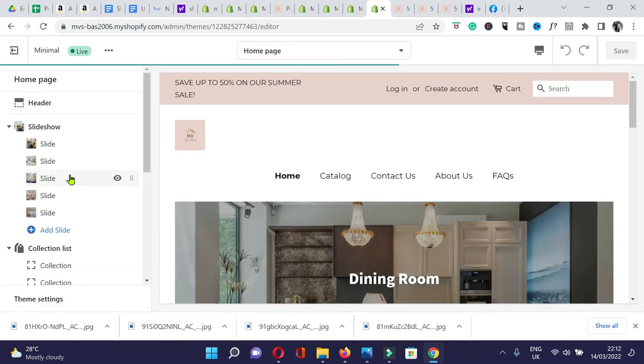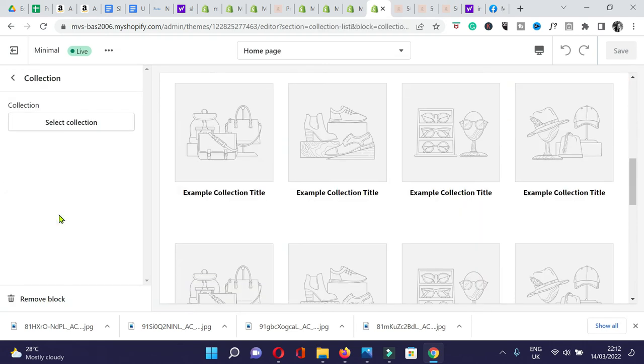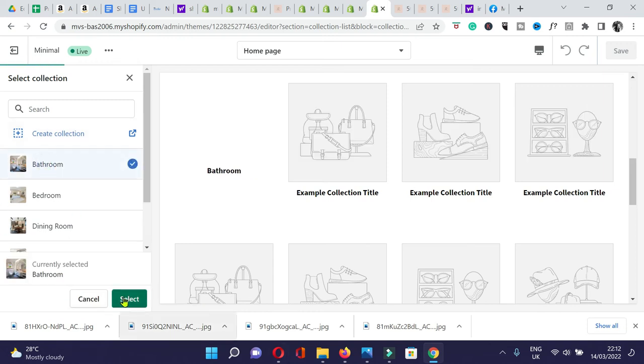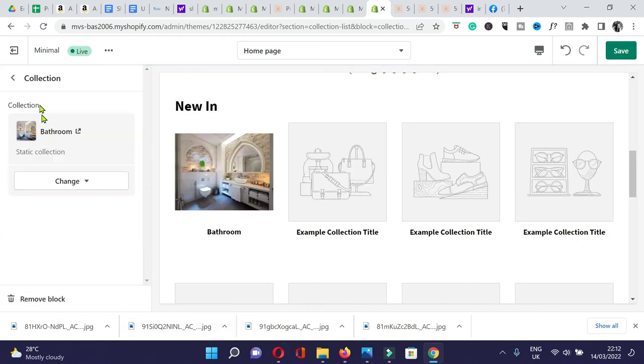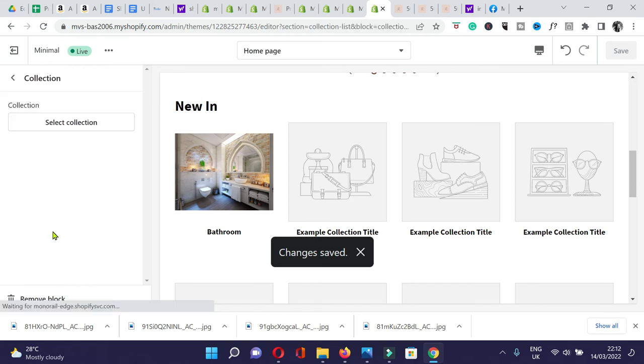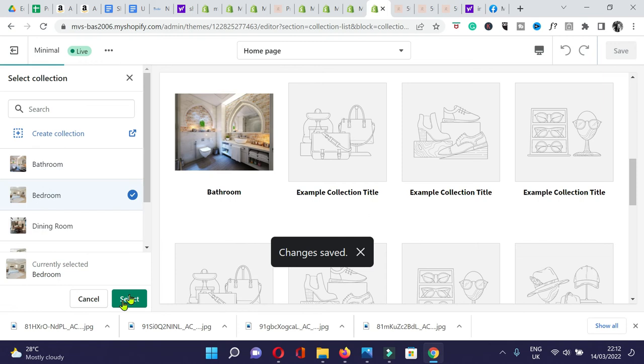And then if you see right here, we're just gonna add this one, save, and then next, bedroom,